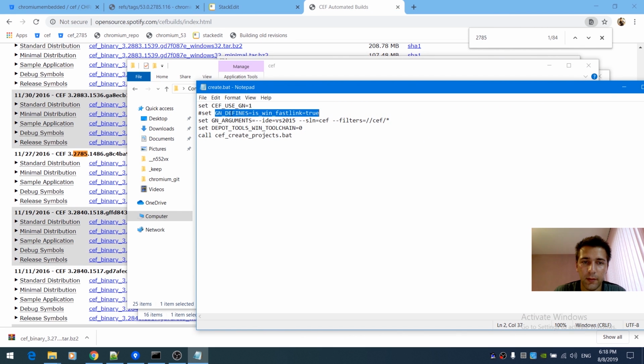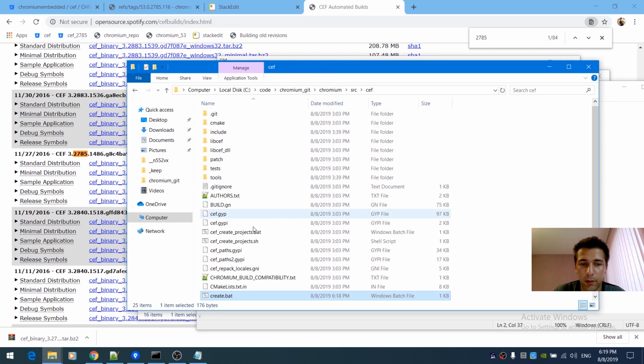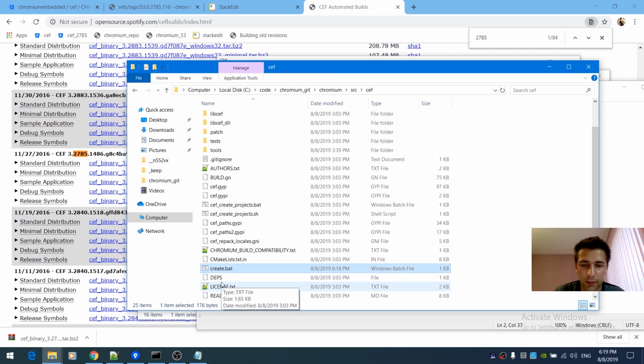Instead of using is win fast link, they're using is official build equals true, and is debug equals false. Sorry, they're using this in order to achieve this official build, but because we want smaller sizes, we are sticking with this. Okay,